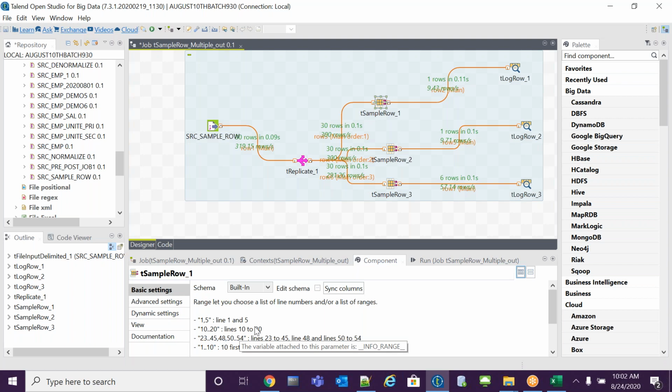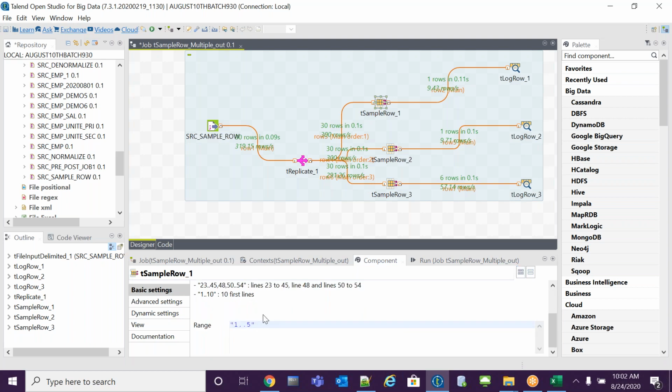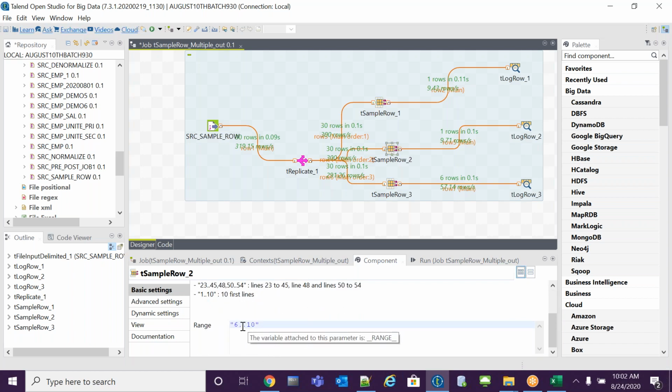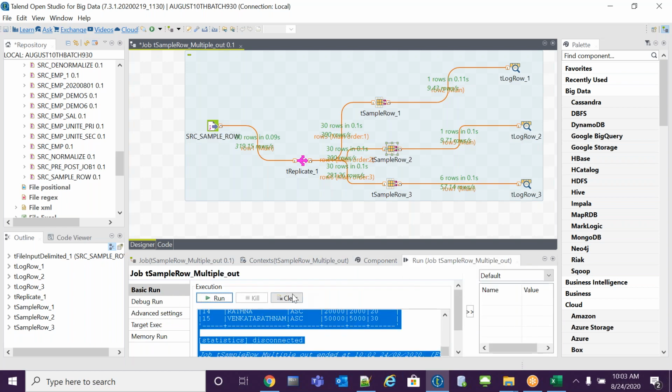Double click here. I think this is the data: this needs a dot, and I have given a comma. We have to give a dot. Okay, let me run it.